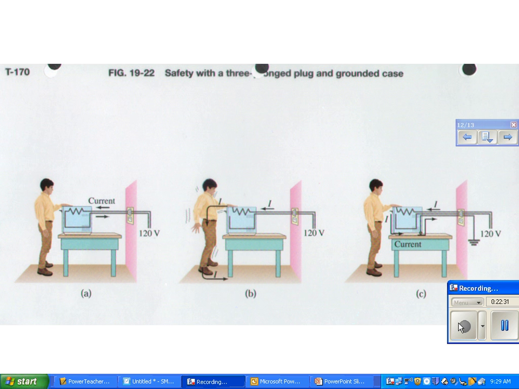Yes. And so what this third prong does is it's basically just a ground wire. It's a connection between the casing and the earth, so that if something were to break inside, it would create a path for that electricity to flow very easily, more easily than flowing through you, and it makes it safer. Most devices that don't have some kind of metal casing tend to not have 3-prong plugs, but some do. And yeah. Last thing I want to talk about is this thing called a ground fault interrupter, and